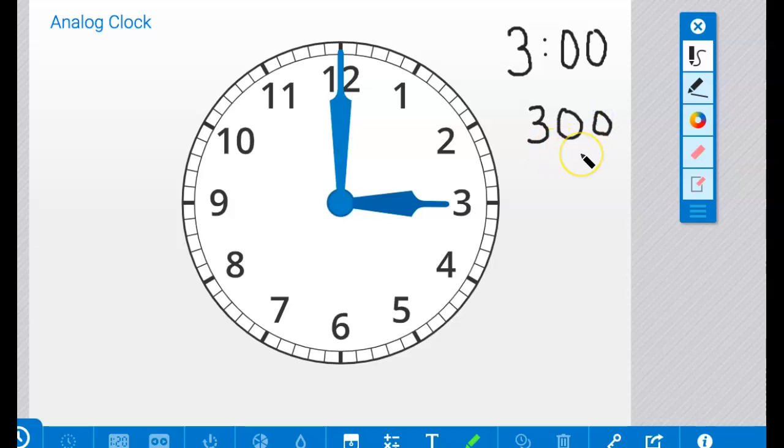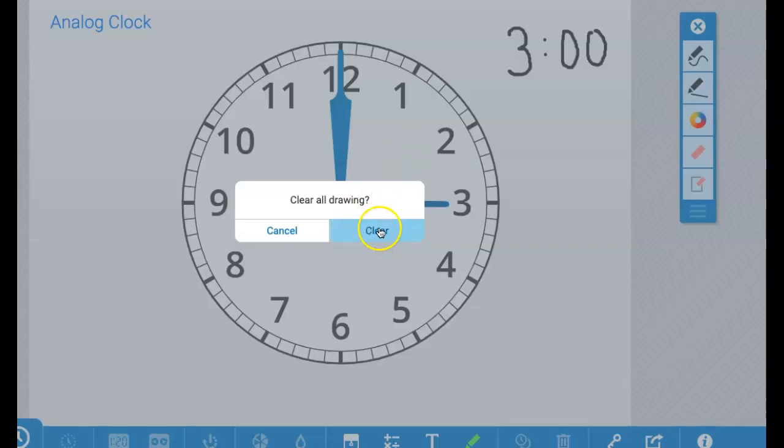does this show 3 o'clock? No, this is showing the number 300. We must have our colon to show 3 o'clock. Let's look back at our